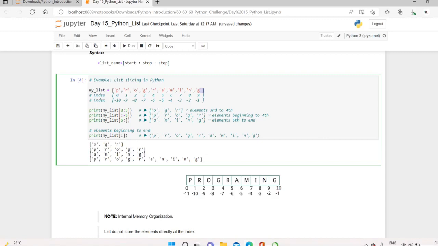Slicing can be visualized by considering the index to be between the elements as shown here. See here, this is what. So if we want to access a range, we need two indexes, that is